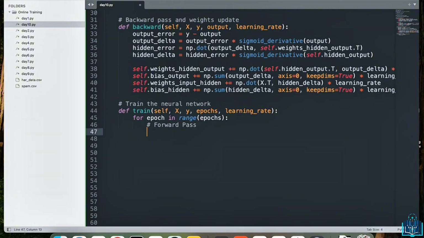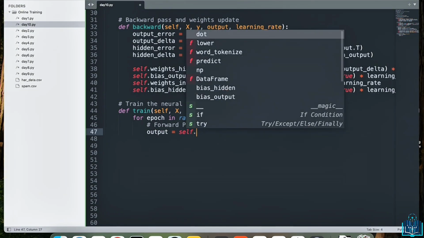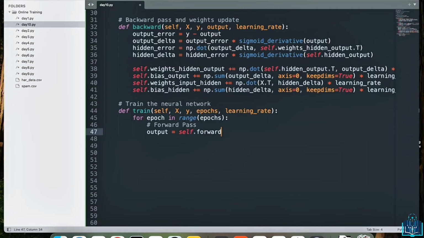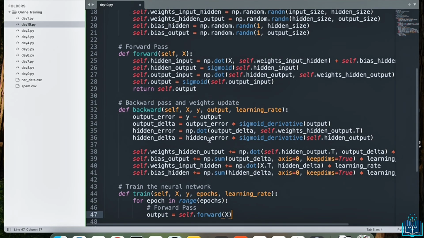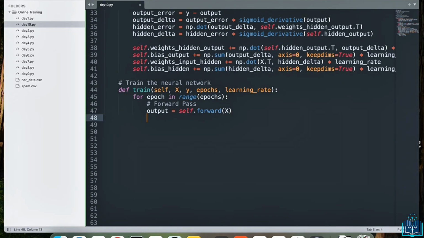Now to perform the forward pass, it's very easy. I'll just say output equal to self.forward. We've created that function and it needs one parameter, which is the features, and that's what I'll call x. Next, I need to create the backward pass. So I'm going to say self.backward, and to this I'll pass all the parameters: x, y, I need output, I need the learning rate. So first we'll perform the forward pass, the next one performs the backward pass to update